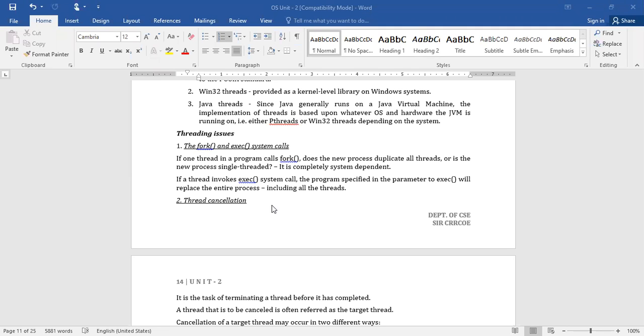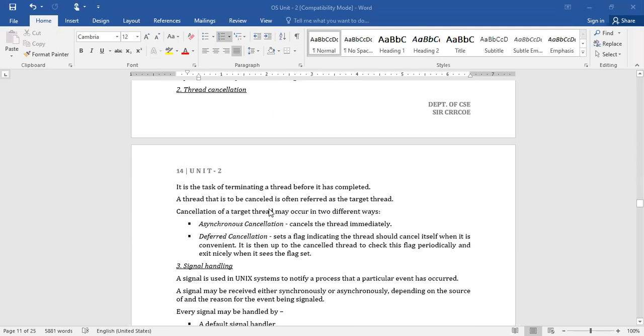Okay. Now, the second point is thread cancellation. In what way is the thread going to be cancelled? Is there any provision of cancelling on its own, or is it going to be cancelled by the system itself?